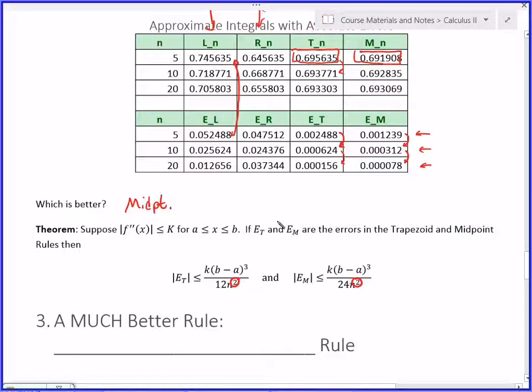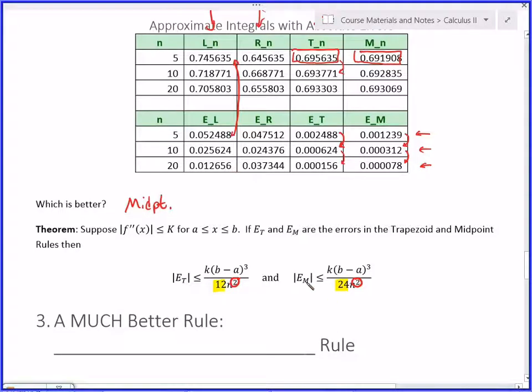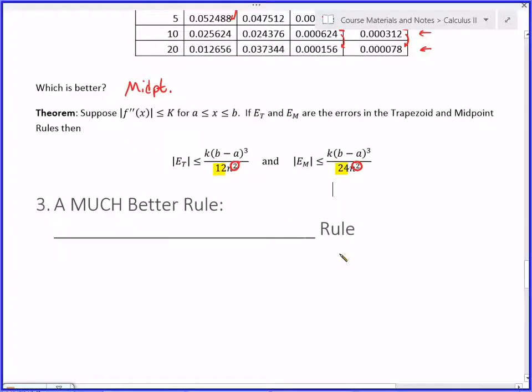But notice in the theorem, the real difference between the midpoint and the trapezoid, since they both converge at the same rate, the only real difference is this constant here, which I can't tell you quickly where that comes from. I can only say that the midpoint has a bigger number on bottom, so its error is smaller. And it's always smaller. So midpoint's better. But nobody would really even use the midpoint rule in practice, because there is a better rule out there. There is the